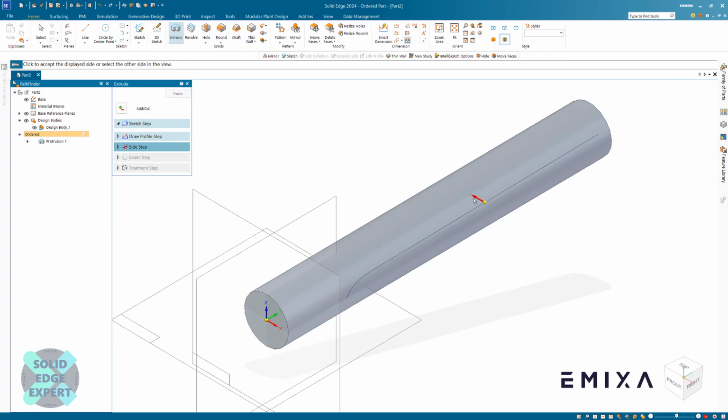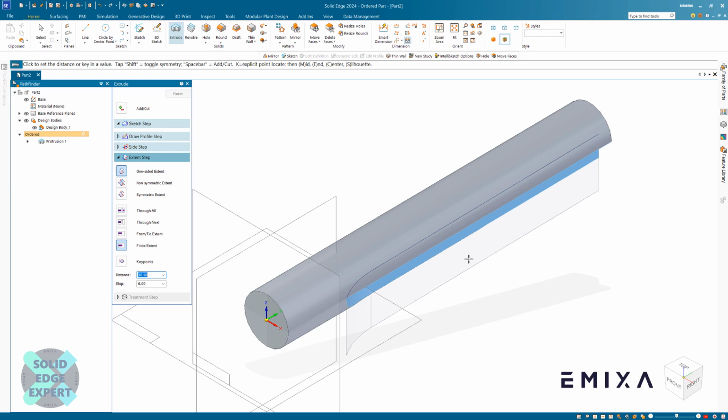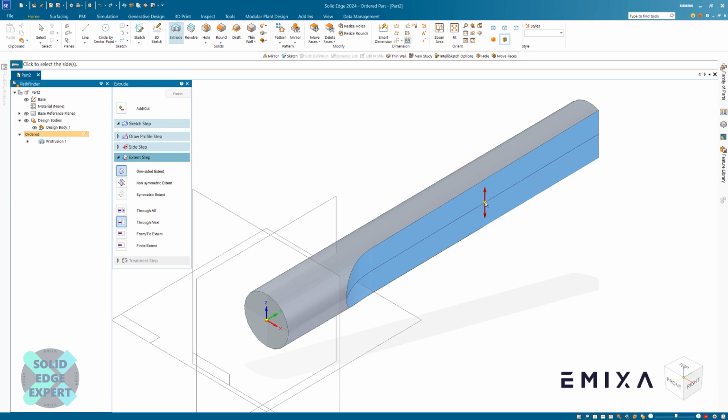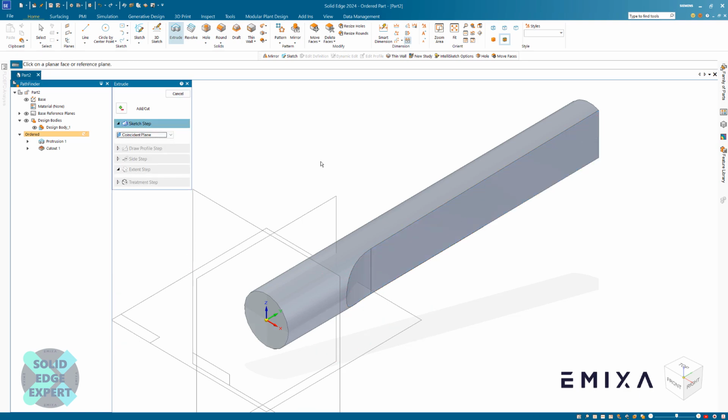Choose the direction. It's an open profile, so we're given a direction step. So we do this with our mouse on the screen. We just say I want to go that way. We've got our automatic add cut, so that's not too much of a problem. And then it's deciding which way I want to go. Finite is default, but if I go through next and click on the yellow dot, that's going to go through next in both directions. I can then right click and finish,